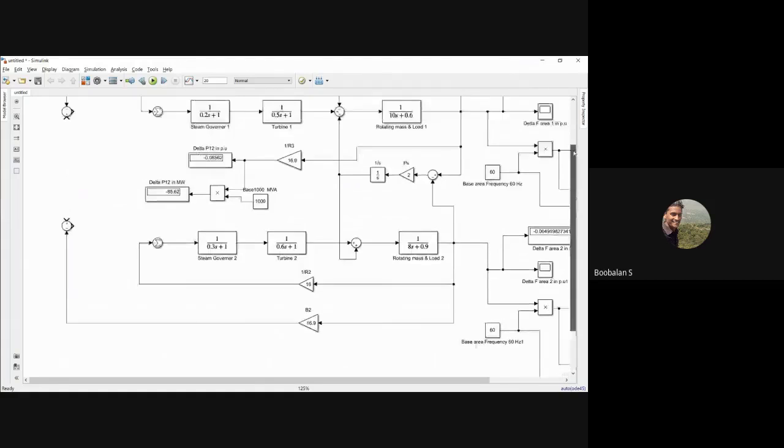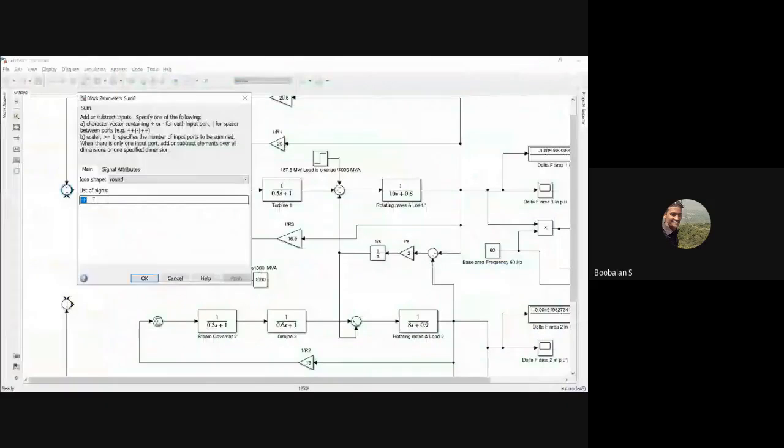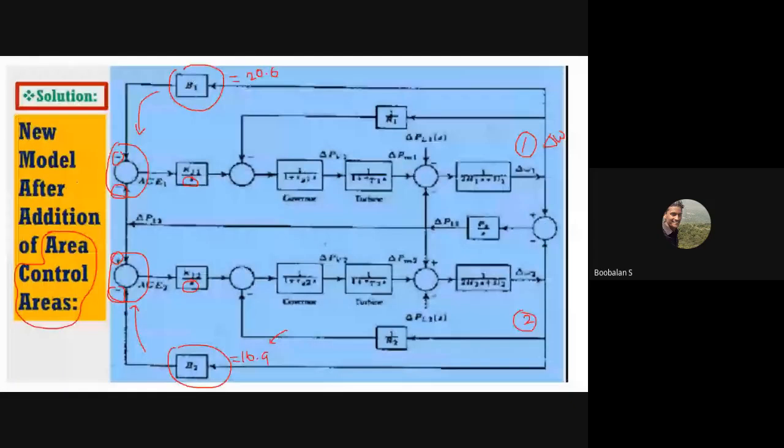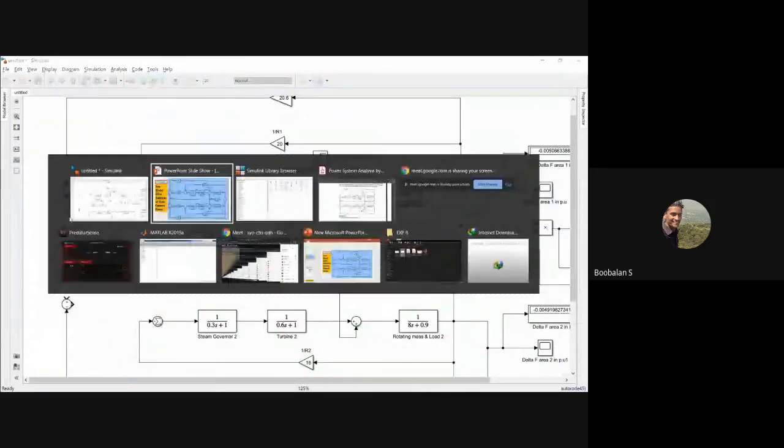Got it? Now எப்படி connect பண்றது பாத்தீங்களா, with the help of base diagram. With the help of base diagram, after modification, after addition of area control error technique, we are just going to modify this entire block. Right? We need a minus, minus, and we need a plus minus. And we need one more minus over here. That's why 2 minus. Here you could see minus, minus, and here you could see minus plus. This is what I wanted. So minus, minus. And ACE, this one ACE. Now it will be minus, it will be now plus.